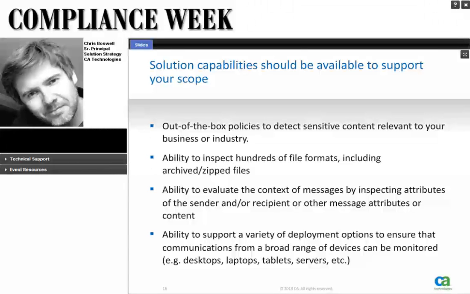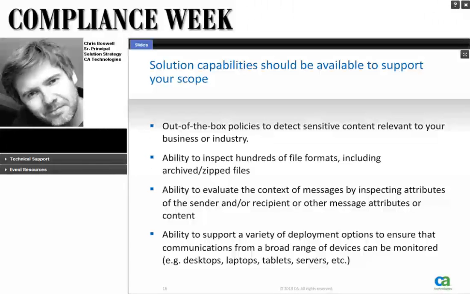So you might have to have some more advanced detection capabilities in order to do that, such as the ability to look at who the users are that were sending it, whether they are a U.S. citizen or not, whether they've been trained in this program or that program or not. There's all sorts of things we hear from our customers that they want to do that's outside of the realm of just detecting content, but taking into context who the people are that are sending the messages and who are receiving the messages.